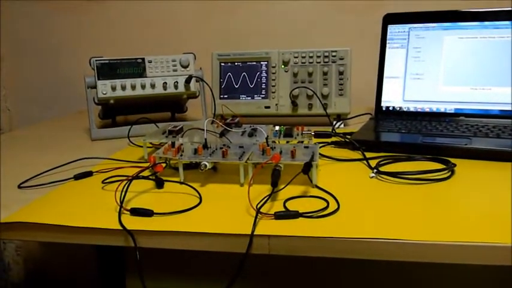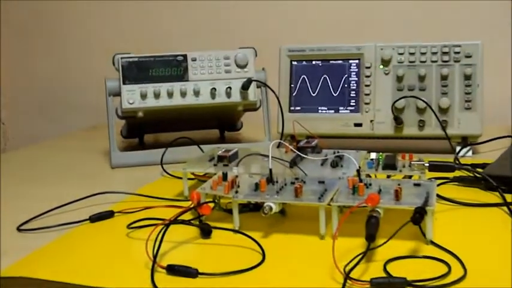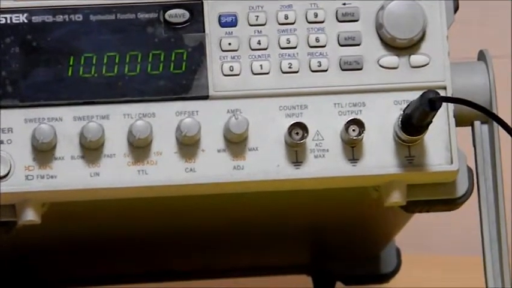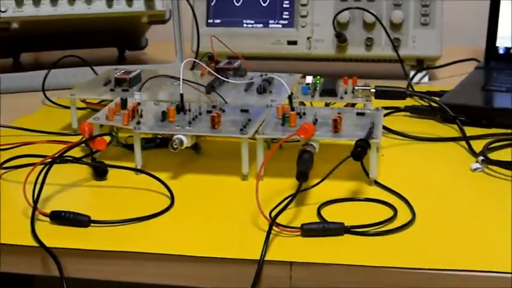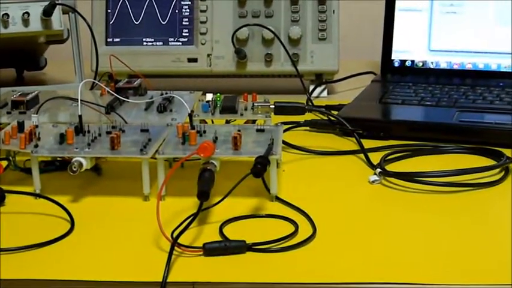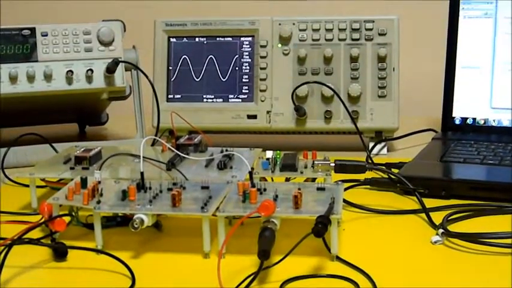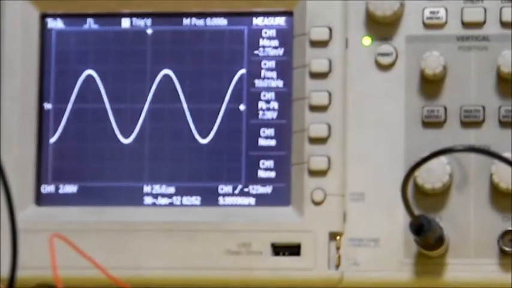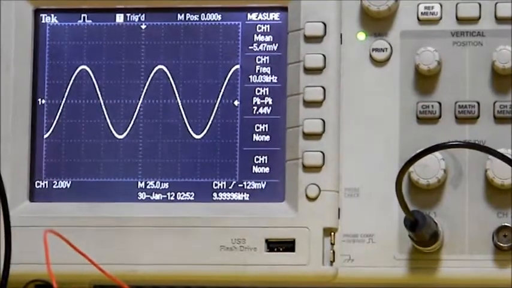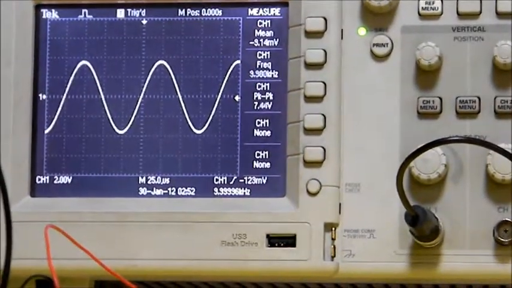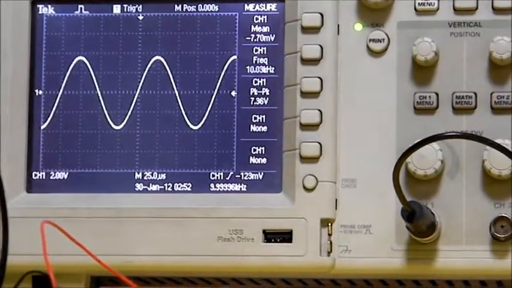Now, this waveform generator, which is a single channel waveform generator, will be used to generate test signals for our circuit. The waveform generator has been connected to one of the channels of our storage oscilloscope via the link being shown. The same signal is applied to a commercial storage oscilloscope. This oscilloscope will be used to verify the results of our circuit against the standard values. Now, as we can see, the frequency is 10 kHz and the amplitude is 8 volt peak to peak.